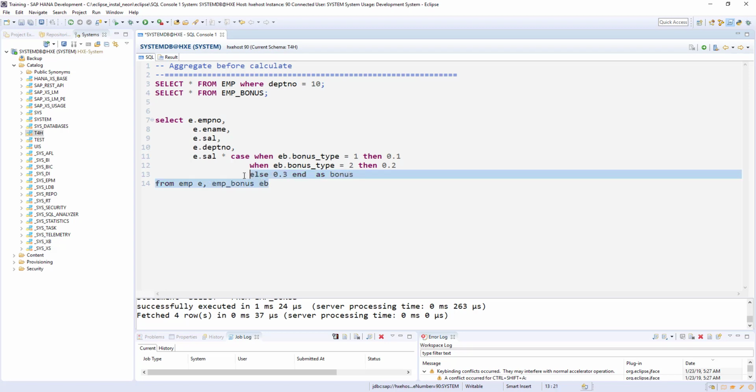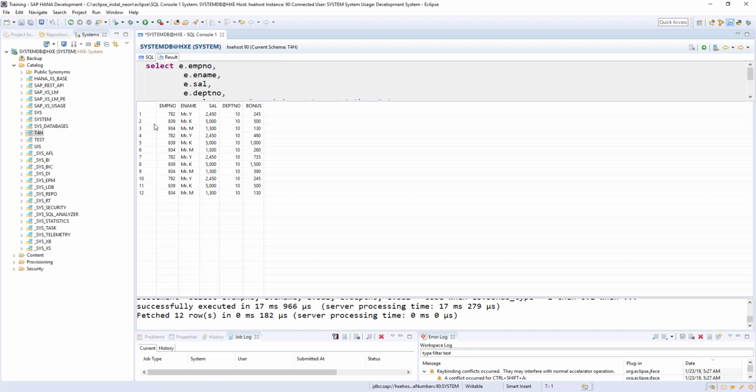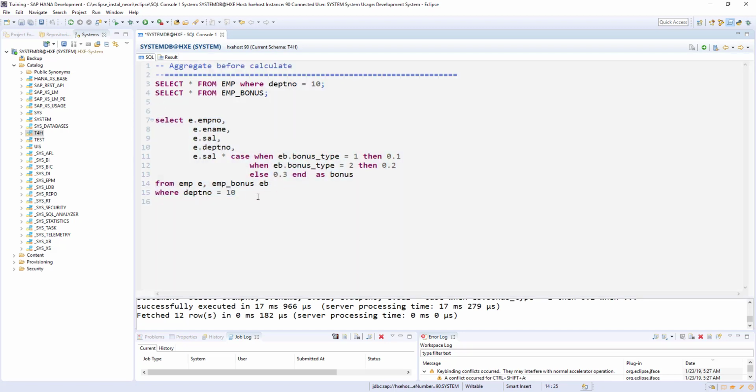Now since I'm using the Cartesian product, I should use the where condition, otherwise it will give 4 multiplied by 3, 12 rows. Do you want to see that? Before that we assumed where DPTNO is equal to 10. Since the department number is in only one table, I am not using the alias there. So here see the total rows are 12. That's why we need to use the where condition,